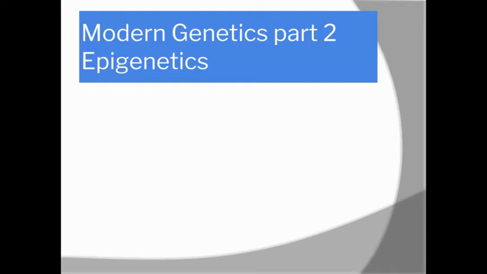In the central dogma, DNA is used to make RNA, and RNA is used to make a protein. So if you follow that pathway, if you change the DNA, you change the protein. Now, epigenetics is the study of the expression of genes in our gene pool and what causes changes in